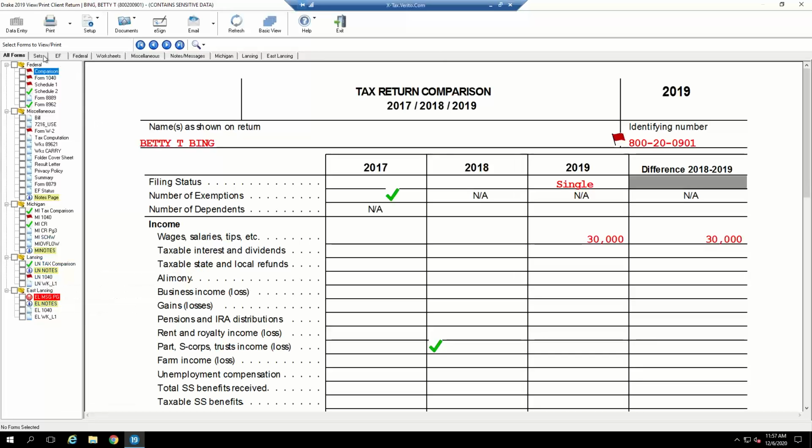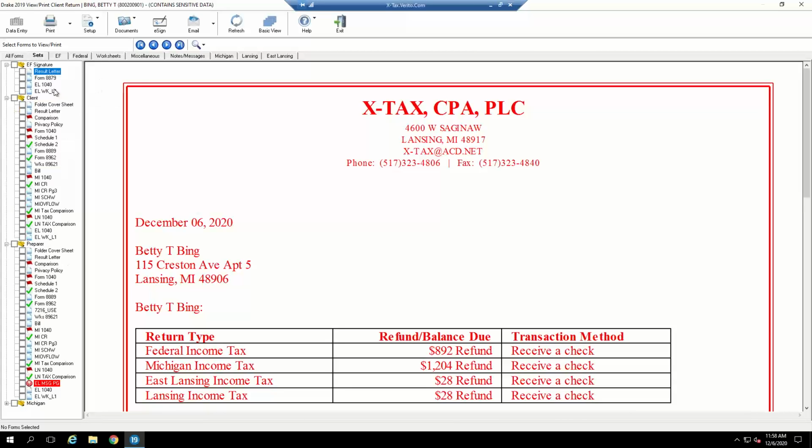A lot of times what we'll deal with is the sets tab. I can control and manage the sets tab. I can't control and manage the all forms tab. So when I click on sets, here you have